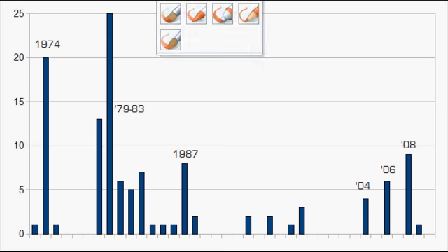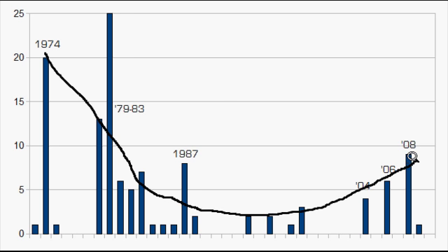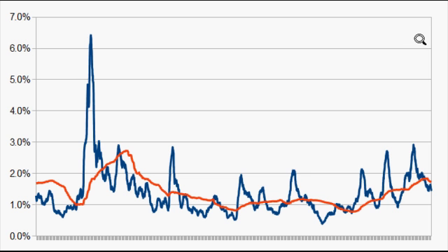But the pattern which I was noticing when I did this chart was one that looks something like this. You can see it's a curving, round shape. And this means that I wanted to see other charts to see if I could find validity for this pattern. And validity I did find. This chart here shows volatility in the silver market, and each of these two colors happen to be